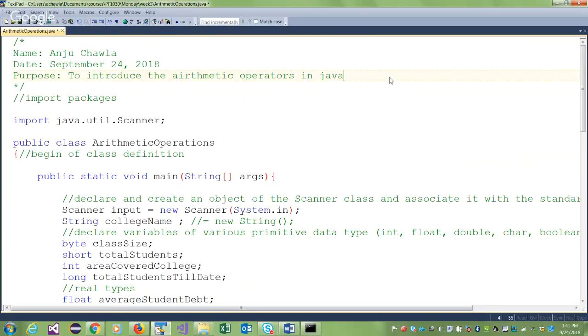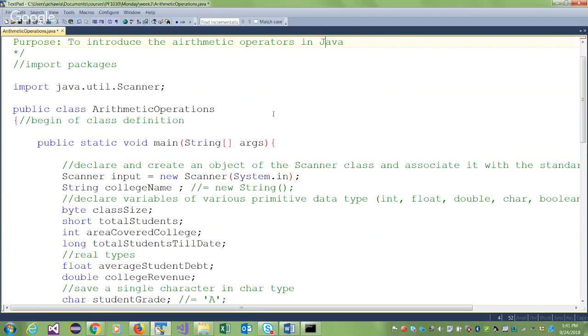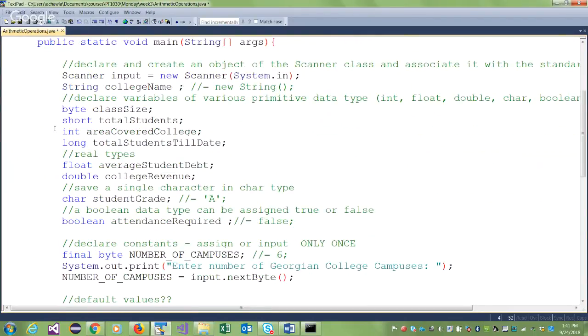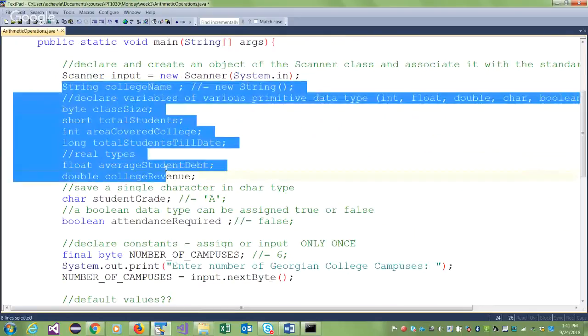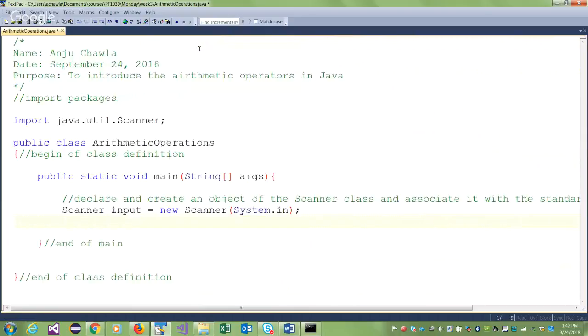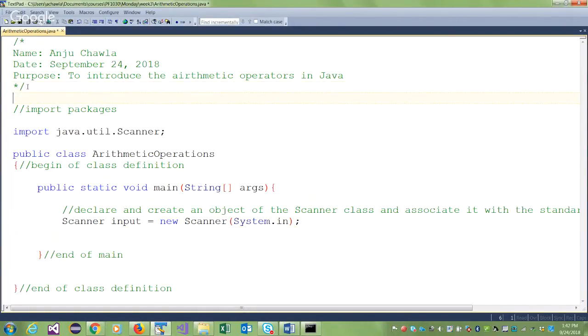And maybe go a step ahead. If time permits, I'll do some methods also with you. We'll need the scanner. I mean, we can do it without the scanner also, but it's better. So create a skeleton, write your name. If you love my name, copy my name, write the date and the purpose of the code. And then if we need any packages to be imported, which we will always need, the scanner if you are going to read,